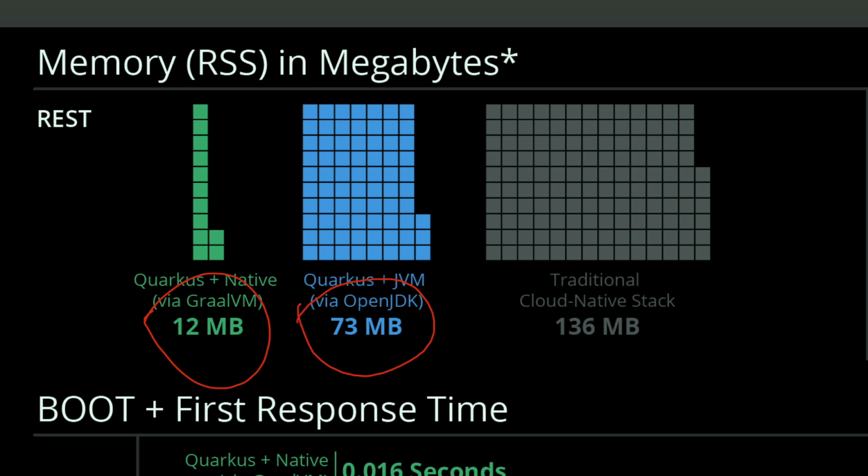And your traditional cloud native stack that you're used to is going to consume at least 136 megabytes of RAM. So depending on how you decide to run your Quarkus application in production, Quarkus can be more than 10 times smaller, or Quarkus can be at least twice the size of your traditional cloud native stack. Okay, this is just for a plain old simple REST endpoint.